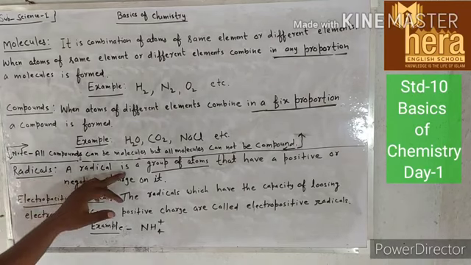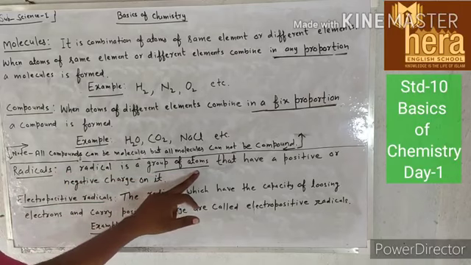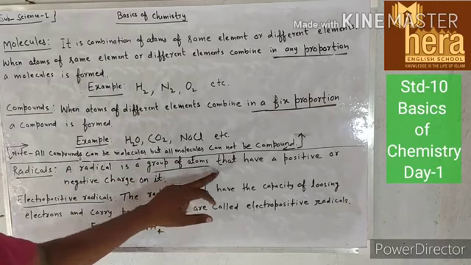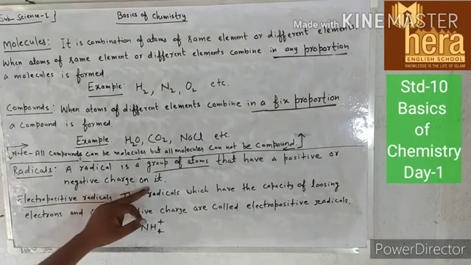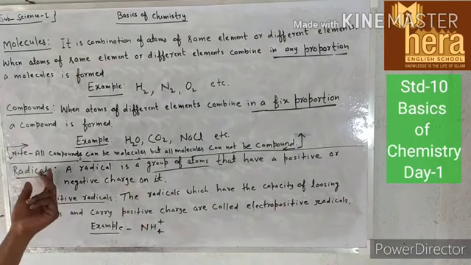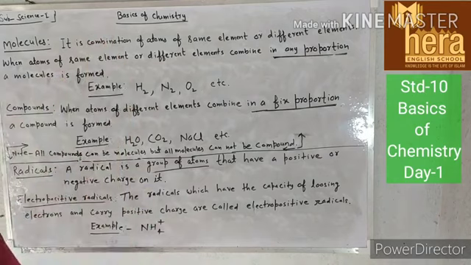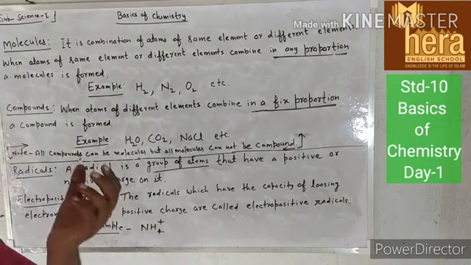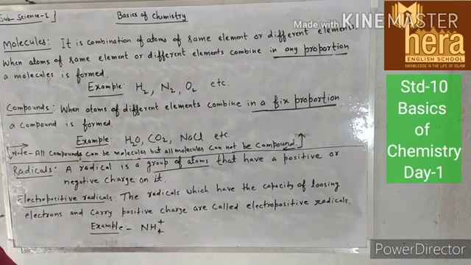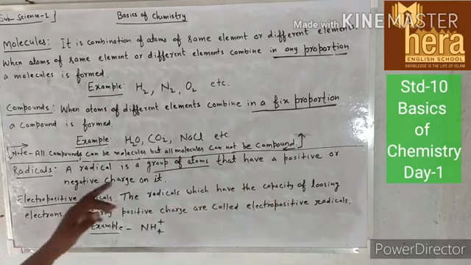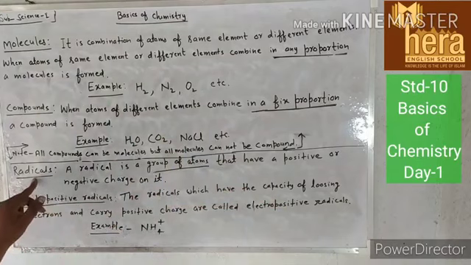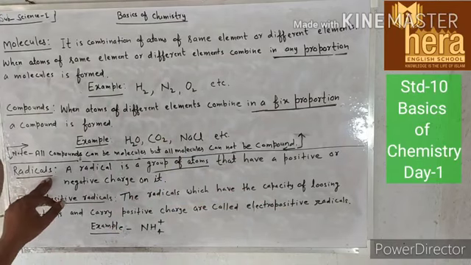A radical is a group of atoms. It is a group of atoms that have a positive or negative charge on it. What are radicals? A group of atoms that have either a positive charge or a negative charge is called a radical. Radicals are of two types: